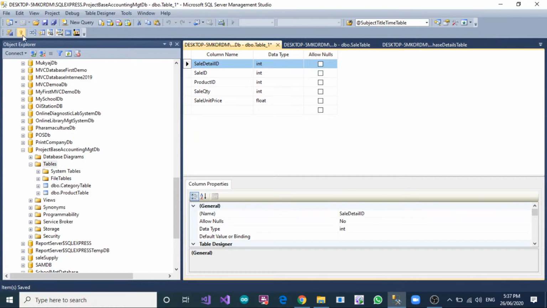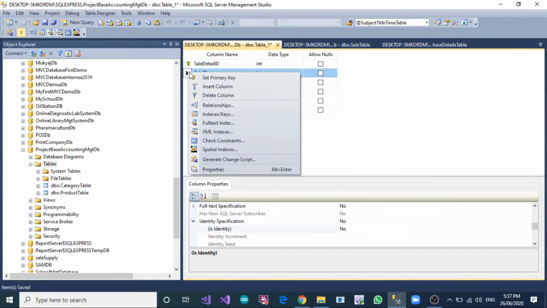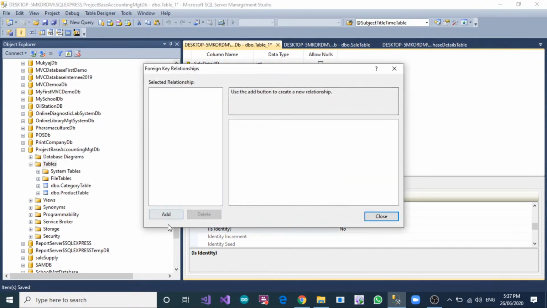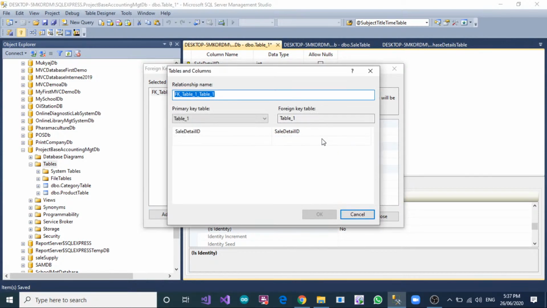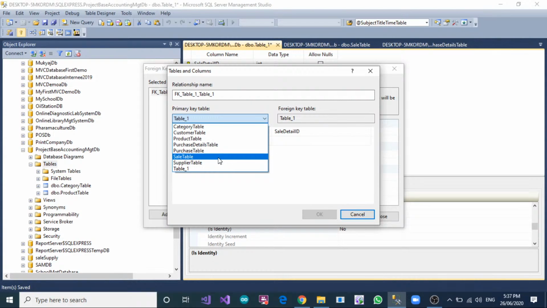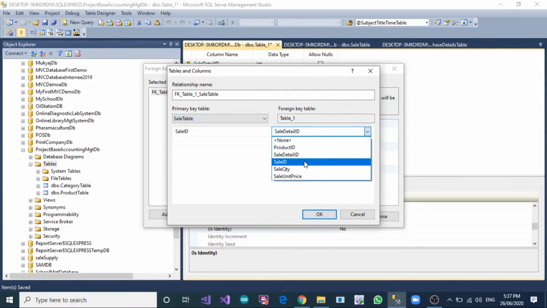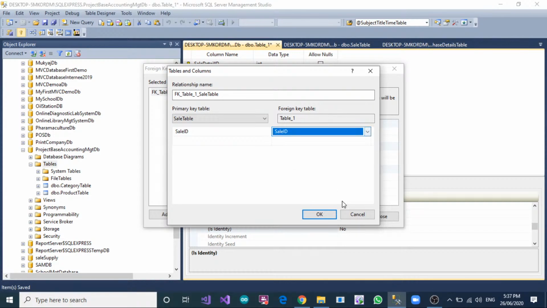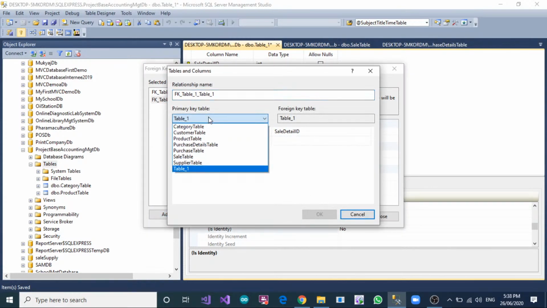And mark as a primary key, also mark it as an identity specification, and right click and create the relationship between the sale detail and sale table. So sale table, click on the sale ID and then go to the foreign key table and select the foreign key column. Okay, and also add the relationship between product table